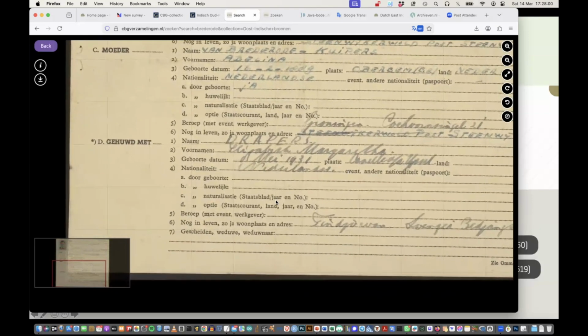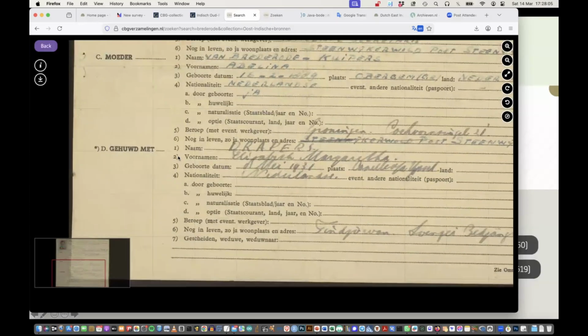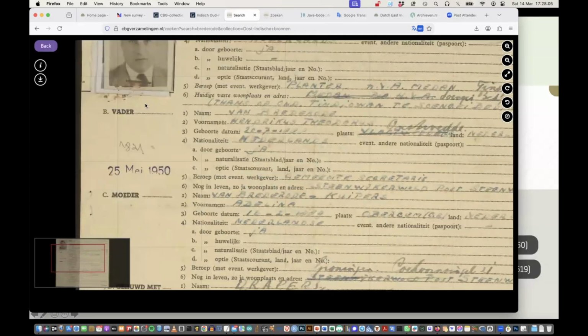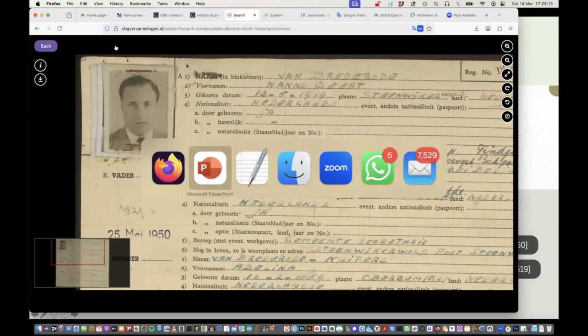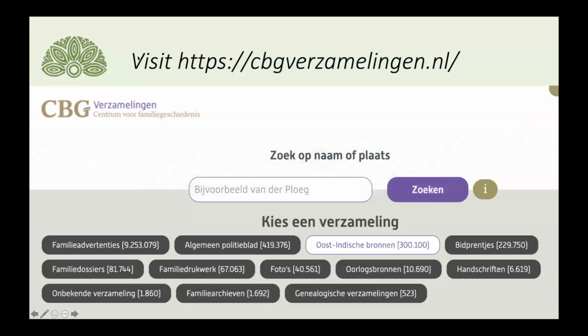So there's a lot of information that you probably cannot find anywhere else in these passport requests, and also these pictures. Sometimes it's the only picture that's left of this person. So that's another thing that you should certainly look at. The URL is here,